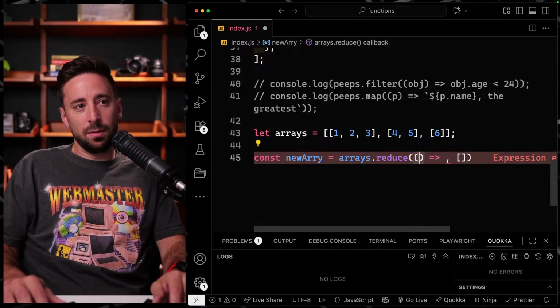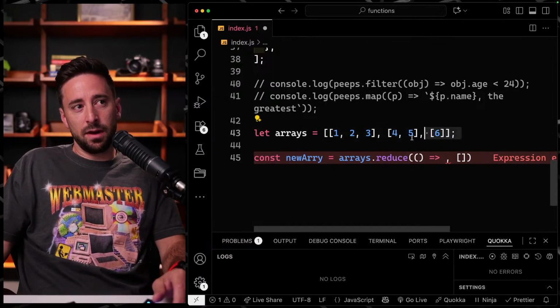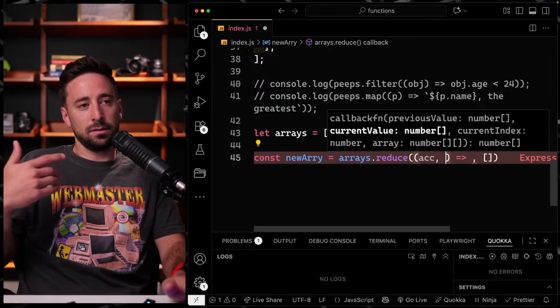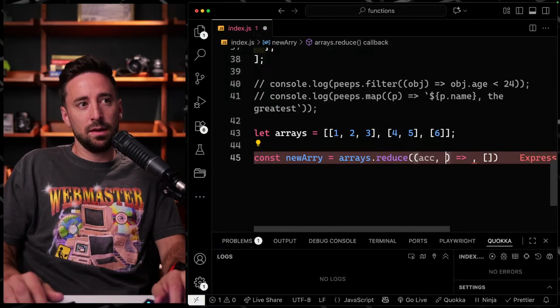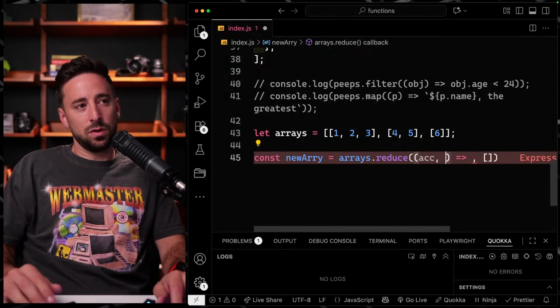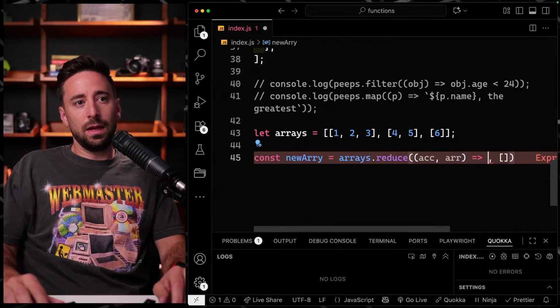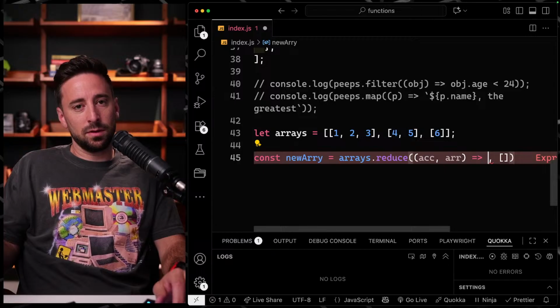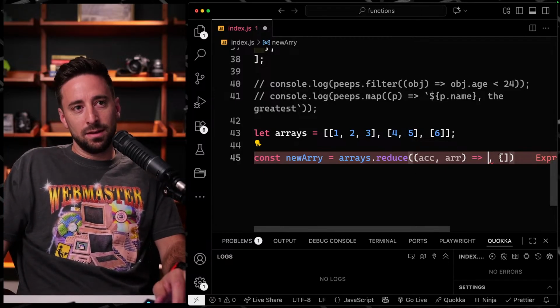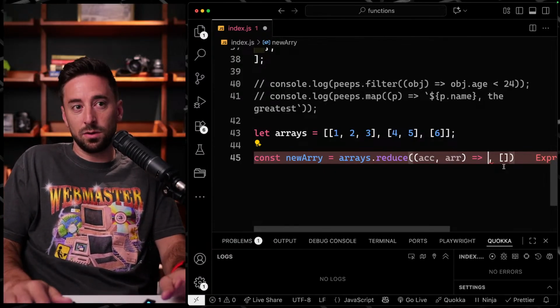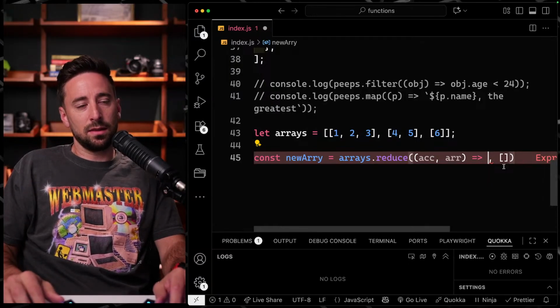Now I know that each time I loop over this big array, this outer array, I'm going to be passing it an inner array, right? So we're going to call it the accumulated value, I'll just call it ACC, and then we've got the inner array. So whatever inner array we happen to be on, I'll just call this ARR, okay? So for each of these items, what I want to do is basically reduce them down by adding them to this accumulated value so far. So I just want to take all the items and add them to there. Now, you can use the concat method. I usually would just spread this in. So I would return the ACC,